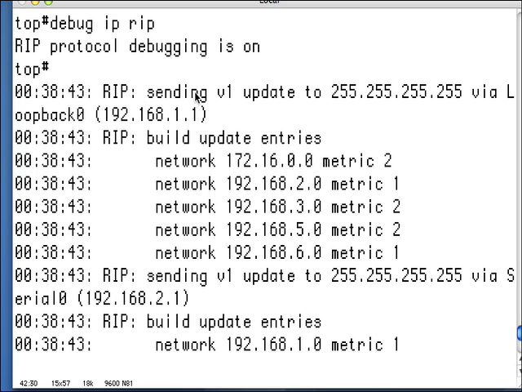We're sending a RIP version 1 update to 255.255.255.255 via loopback 0. So out the loopback 0 interface, we are sending a RIP advertisement, RIP version 1, to the IP broadcast address. This will be received by every host with an IP address on that subnet. Now that's the loopback interface. There actually isn't anything there, but keep in mind, remember this IP address that we're sending the RIP version 1 update to,